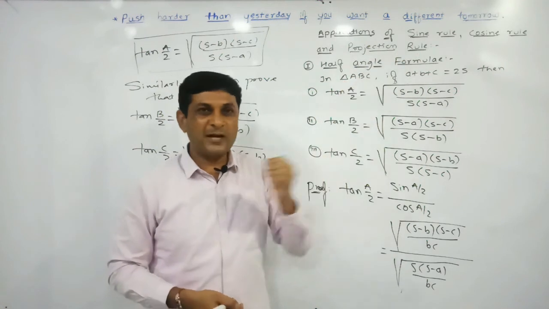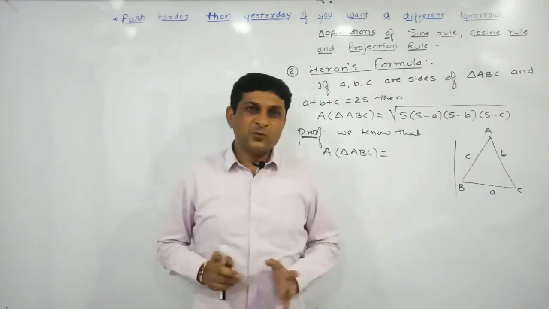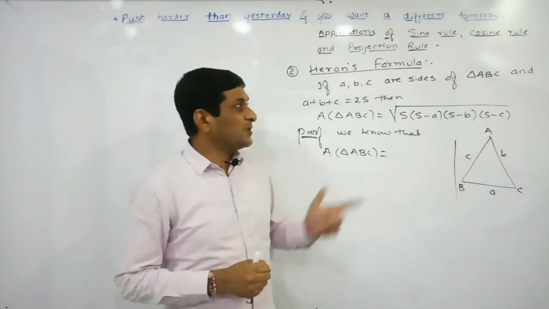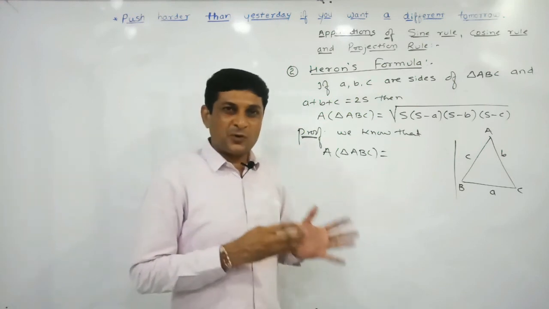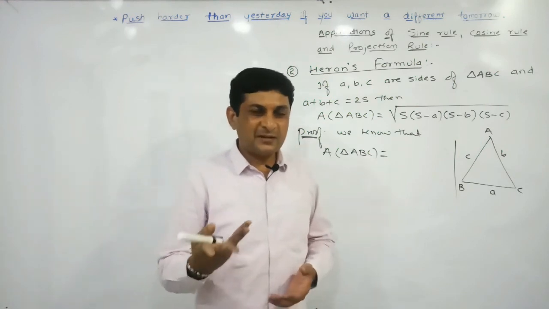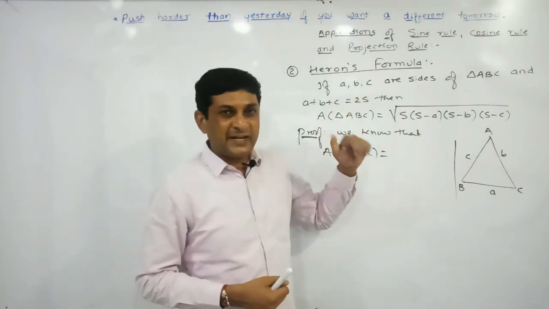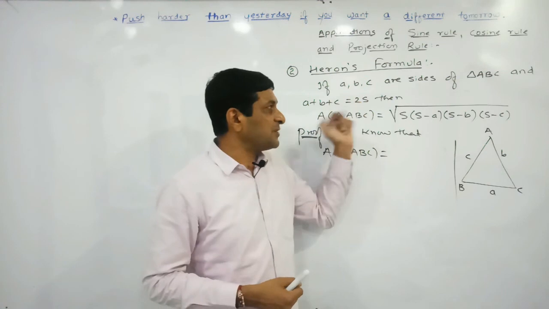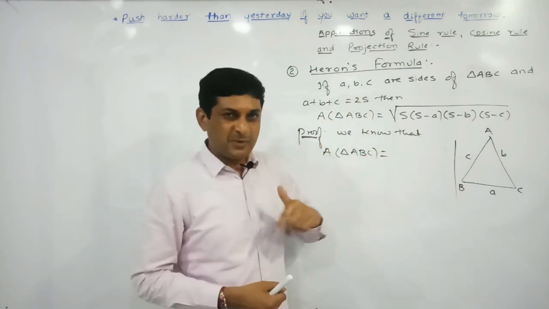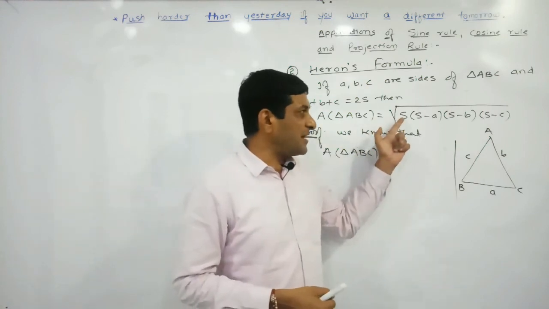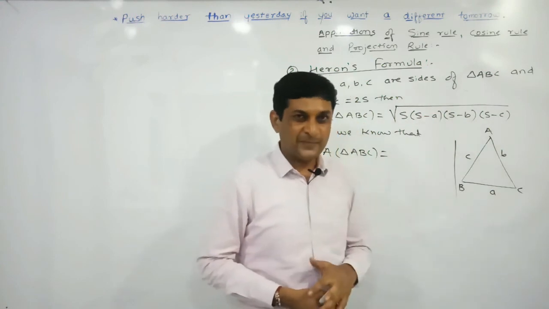Now we are starting the second application of sine rule, cosine rule and projection rule, which is nothing but Heron's formula. Now let us try to prove Heron's formula. Heron's formula you have already studied in your earlier classes also. Using this formula you have solved examples, I think in 9th standard. So now here a, b, c are nothing but sides of the triangle, and the sum of three sides is equal to what? Perimeter. So 2s means perimeter, means s is what? Semi-perimeter. And we have to prove that its value, the area, is equal to under root s into s minus a into s minus b into s minus c.